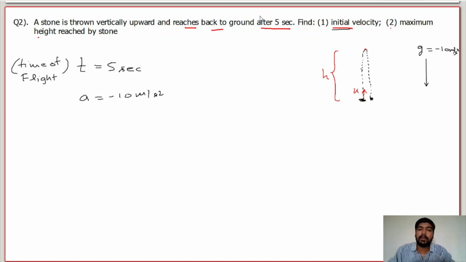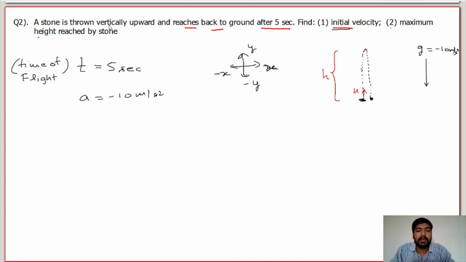We have taken minus here because I am following this coordinate system, as I told you before. If the direction of motion is positive x, I will take positive. If it is in negative x, I will take negative. If the acceleration or displacement, anything, is in negative y, I'll take negative; if it's in positive y, I'll take positive. Same for x and minus x. So I have taken the negative acceleration because the acceleration is vertically downward.